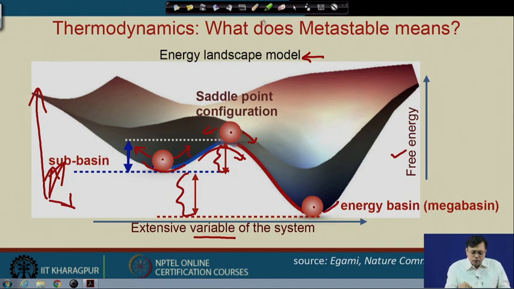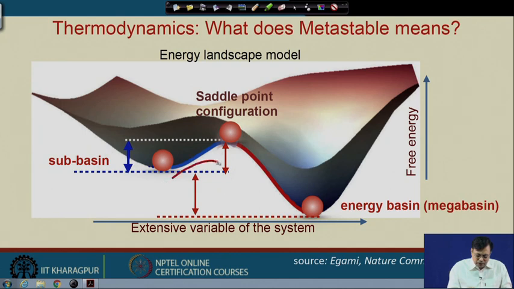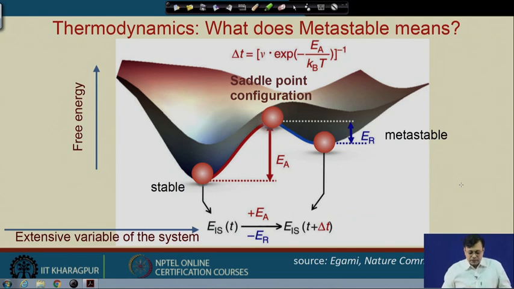However, we may also have a chance not only to go from this place this way, but we can also push the system to move from right to left, but at that time the situation may be a little bit different. Let us have a look. Here I just reverse the plot and would like to show you that from a stable configuration to a more metastable configuration we can also move.